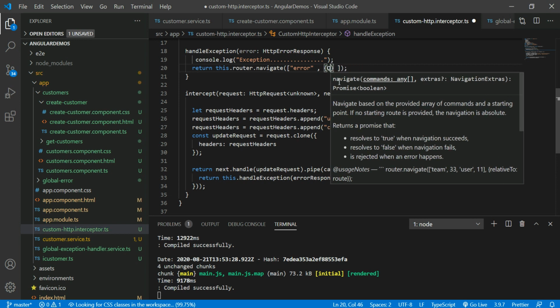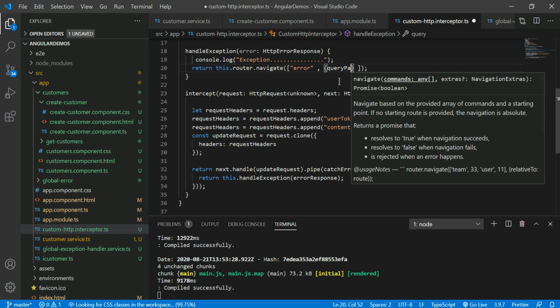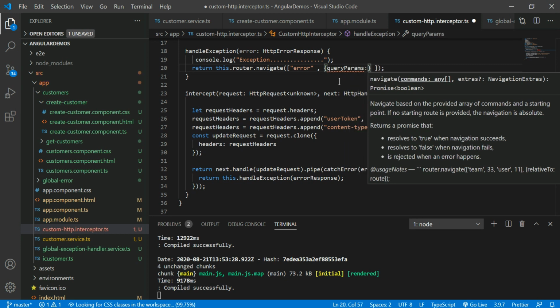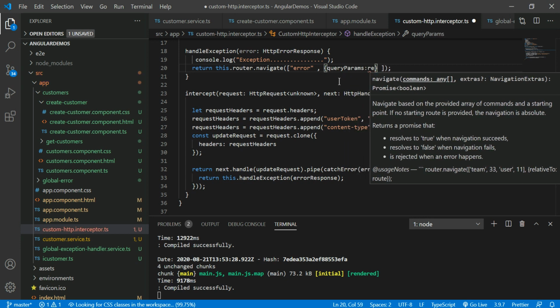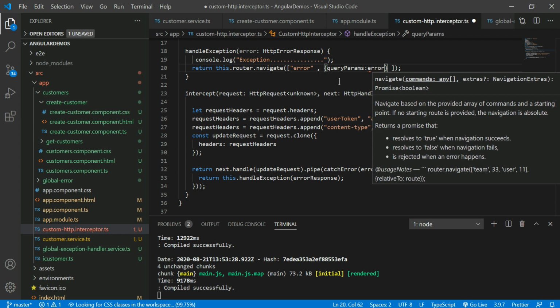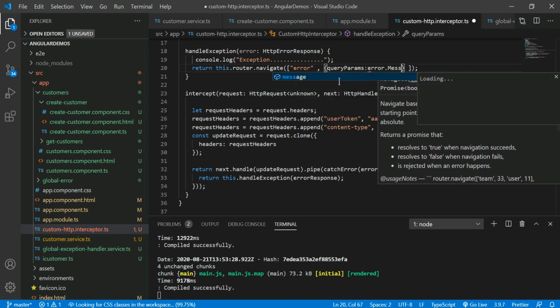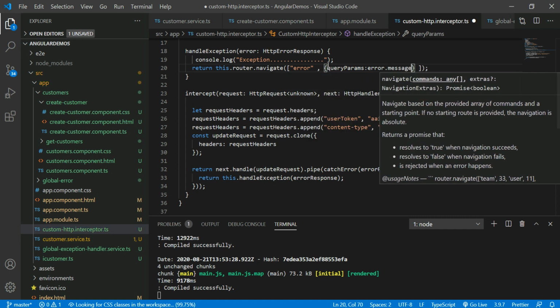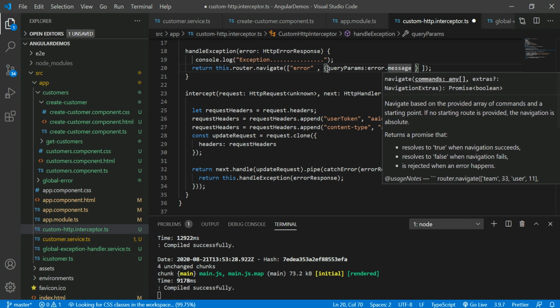I want to pass the error dot message. This message, and for the query params, I want to give one customization object here for preparing the query params. Let me say that is a message.